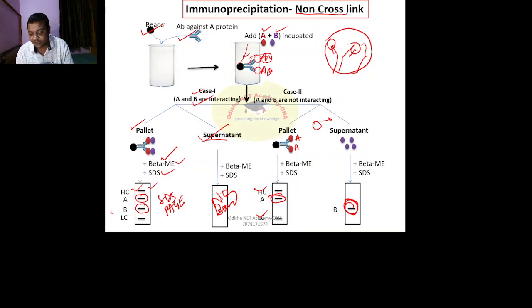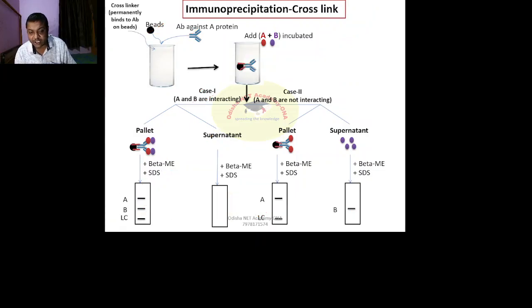So what you have to do is another small modification, that is cross-linking. You have to cross-link the bead and antibody permanently with the help of a cross-linker. Normally we are using glutaraldehyde as the cross-linker. You can use formaldehyde also. The rest of the steps are exactly the same. So what happens in the